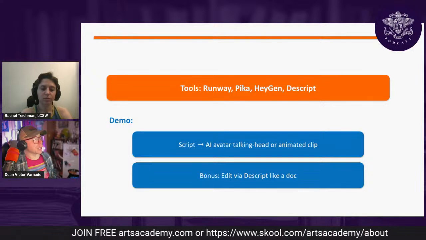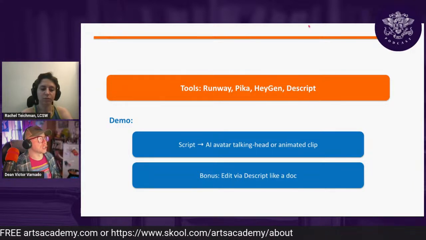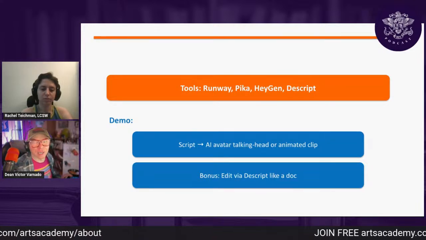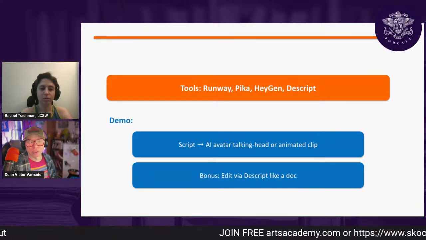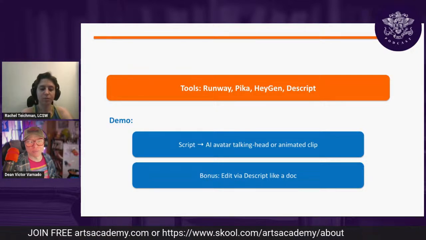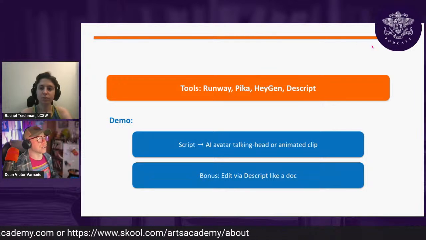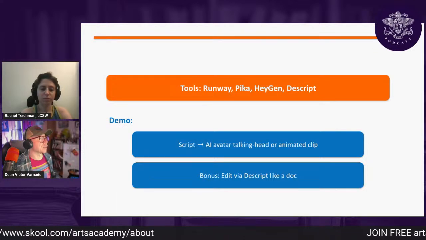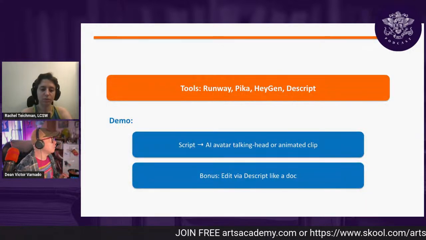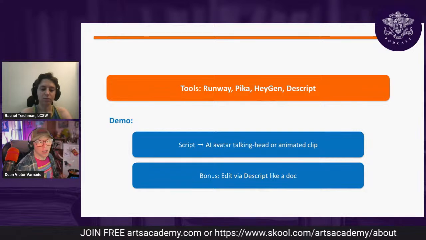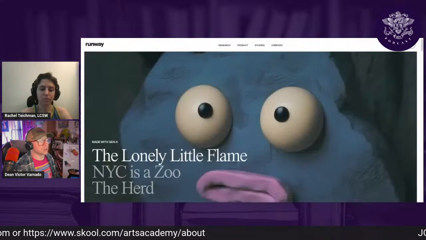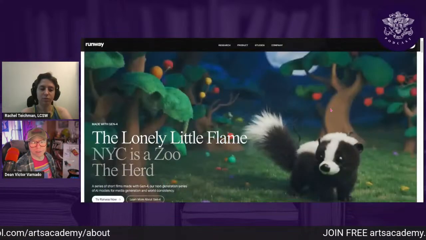But let's take a look really quick at Runway, and let's do a quick generation in Runway. If anybody out there has an idea of what we should do for this next video, what should we make a video of? All right, let me get Runway up and running over here. Boom, boom, boom. Go, Runway. I'm going to bring over the Runway screen so you can see how amazing video looks nowadays.